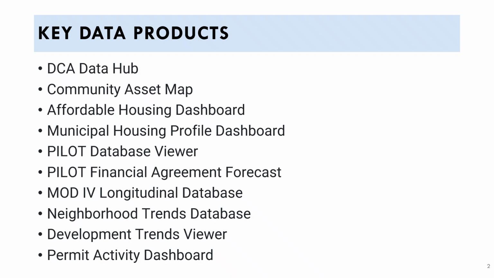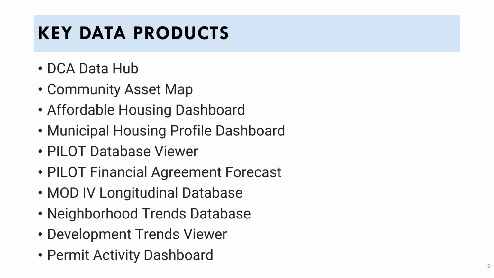Today, I'd like to show you a preview of what we'll be going through in our presentation today. We'll be looking at the DCA Data Hub, the department's one-stop open data portal, the interactive community asset map, two dashboards that we've developed to understand the local affordable housing stock and the municipal housing profile, some resources we've developed for communities considering pilots or payments in lieu of taxes, the Mod 4 longitudinal database, which gives you an overview